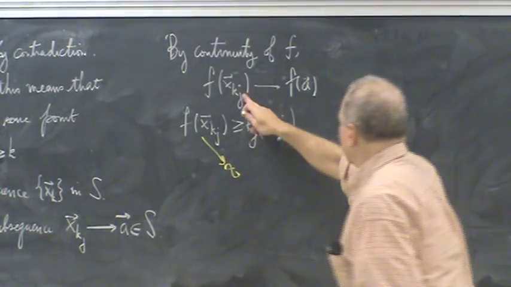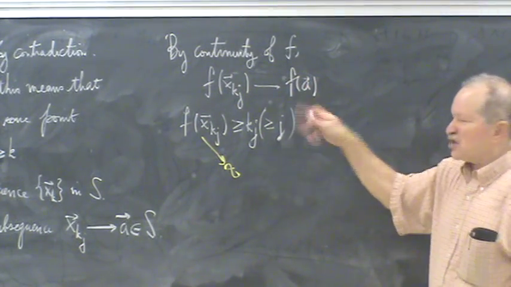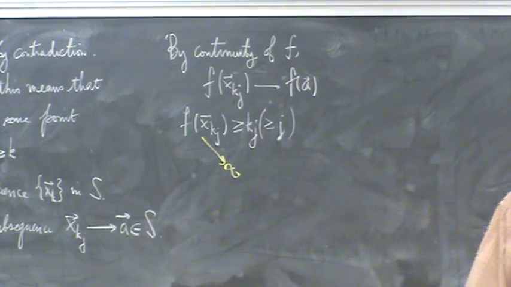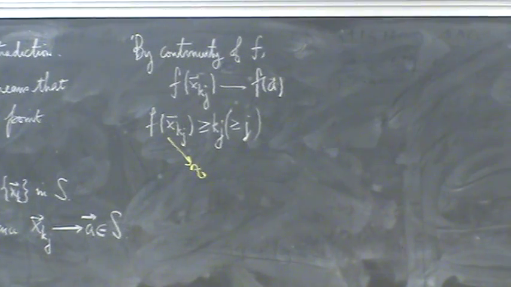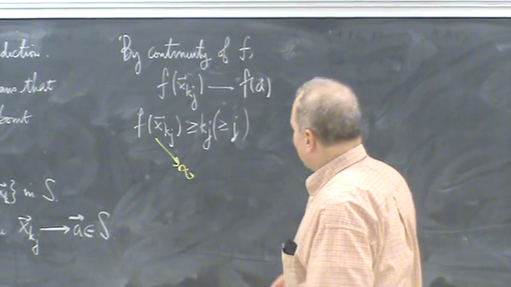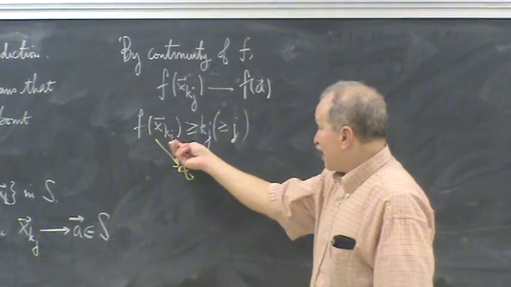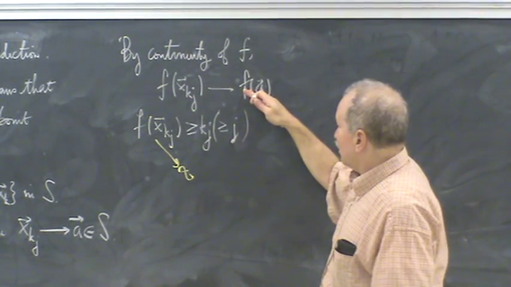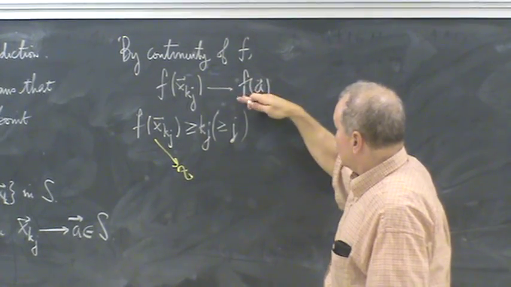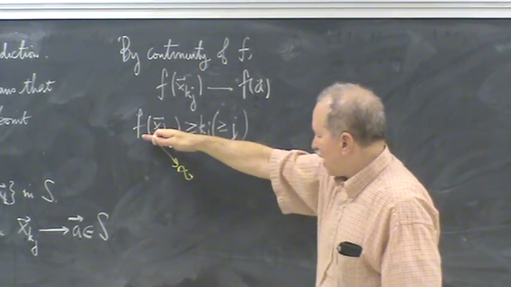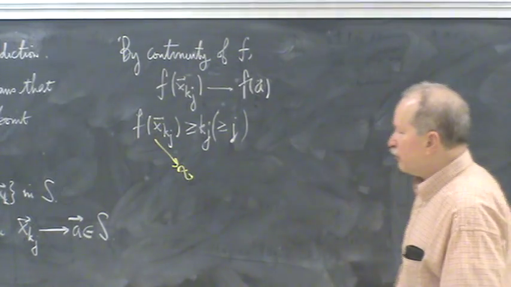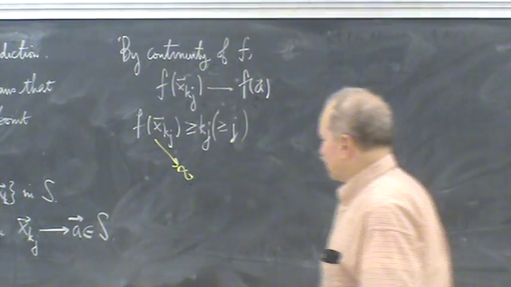And yet, they're converging to f of a, which is 12. Not too good. I think that's a contradiction to something. So you can't have a convergent sequence converging to some real number and yet have them diverging to infinity. So this is a contradiction,